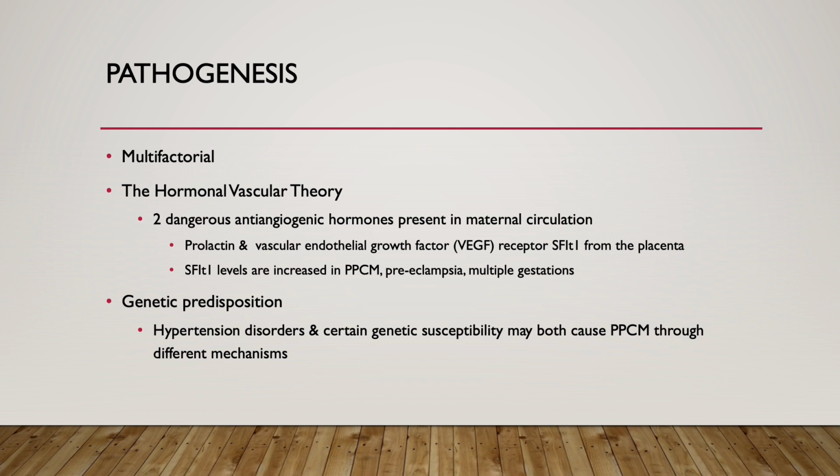The pathogenesis of peripartum cardiomyopathy is multifactorial. The hormonal vascular theory suggests that maternal hormones from the pituitary gland and the placenta play a role in the development of PPCM. So after delivery, angiogenic balance is essential in allowing that safe separation of the placenta off that uterine wall. And researchers show that there's 2 dangerous angiogenic hormones present in maternal circulation. That's prolactin, and then the VEGF, which is the vascular endothelial growth factor receptor,